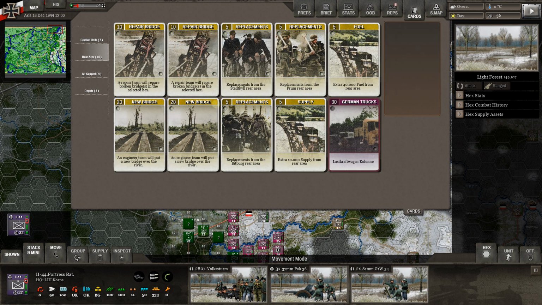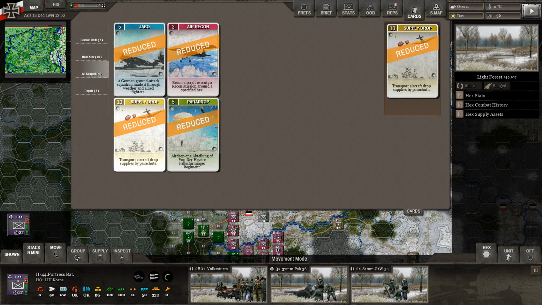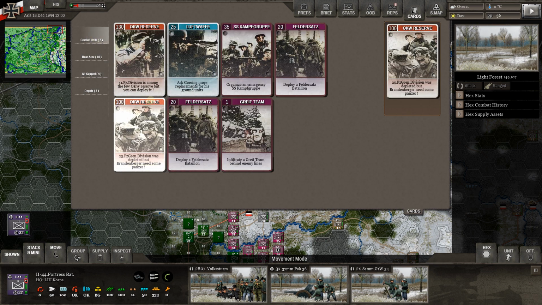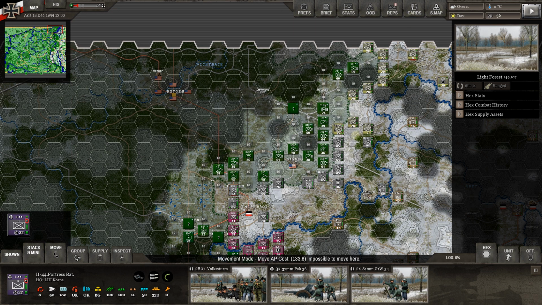We'll see as we go along here. But gosh, if we already need supply, that's a real problem. Of course, paradrops. Right. We could do ground support, supply drop, air recon. I do think we will spend 3 for air recon and we'll spend 1 for the grief team. But we're going to decide as we move through here where we really need recon, where we really want it